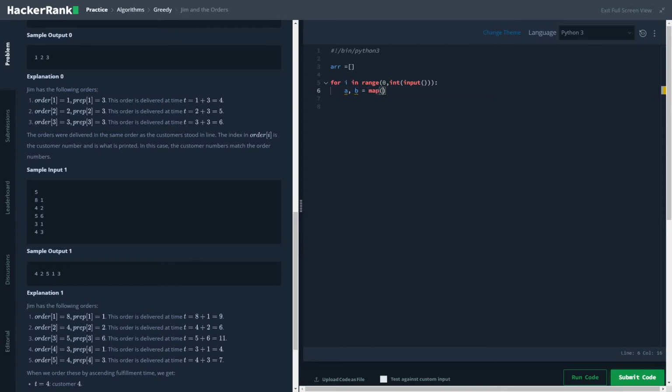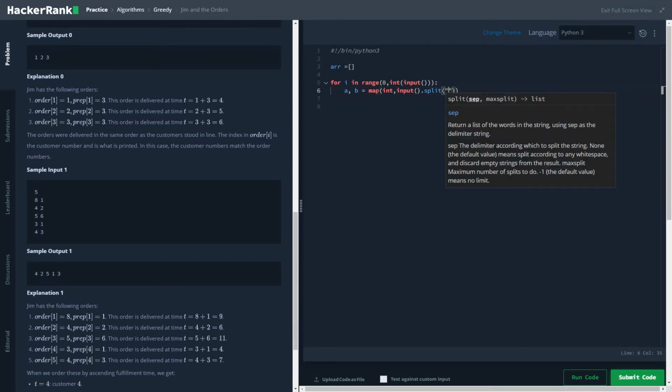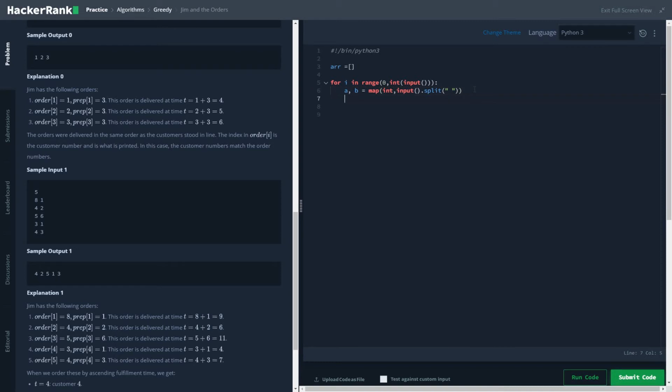We will map those using the function input().split(), and as you can see there is a space between them, so you have to split it. Once we have done that, we would be appending that into our array.